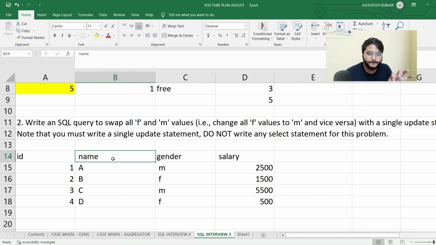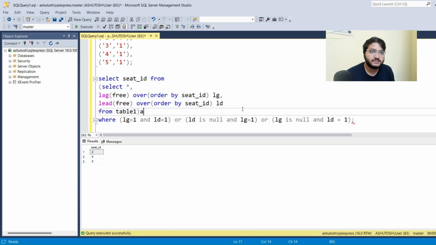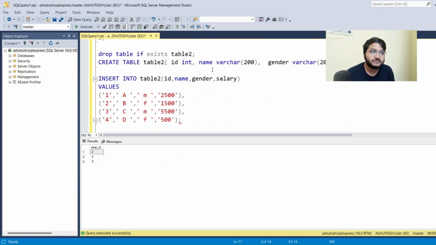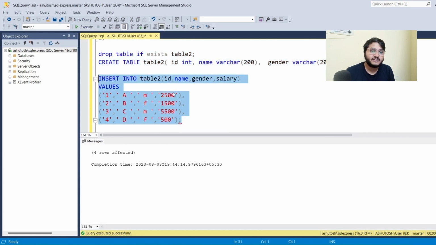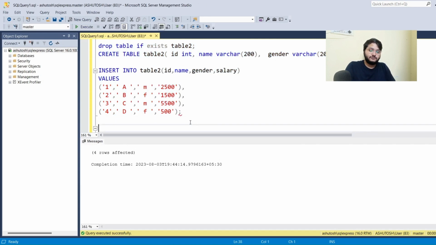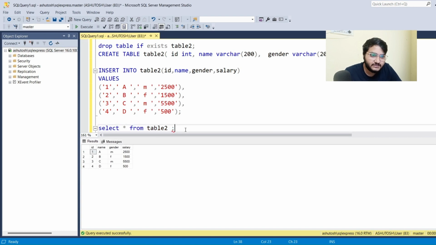Now using a single update statement, we need to solve this question. How do we go about solving this? So I have also imported the same data set into our SSMS. I'll just import this right now. So I'll execute this. Let us do a select star from table 2, and you can see I've got the